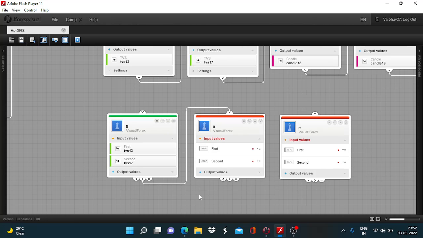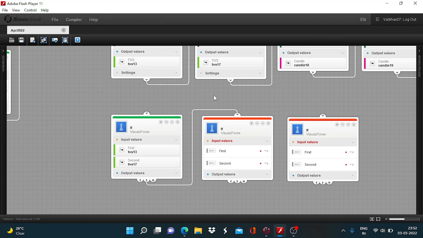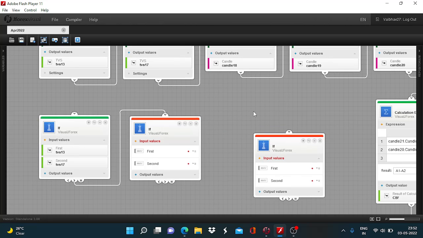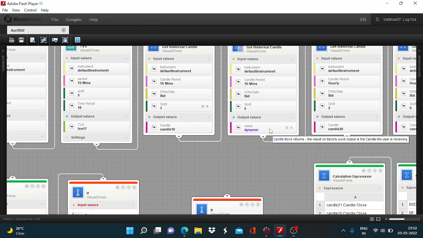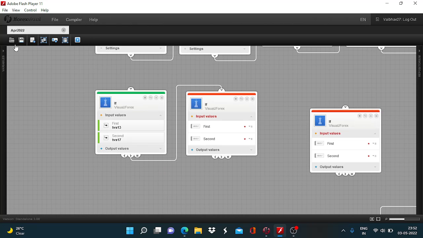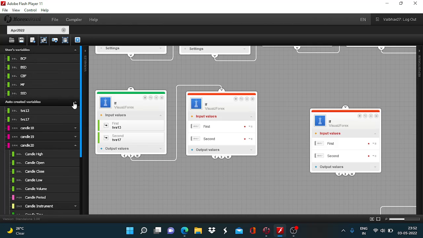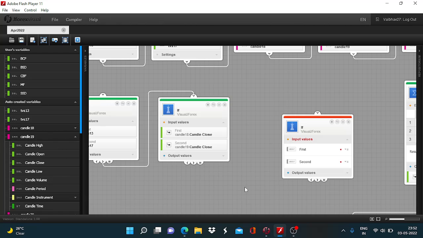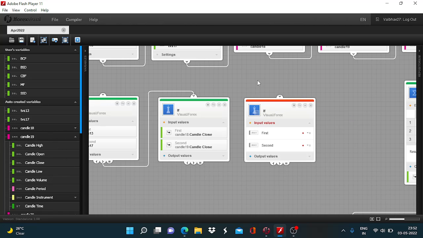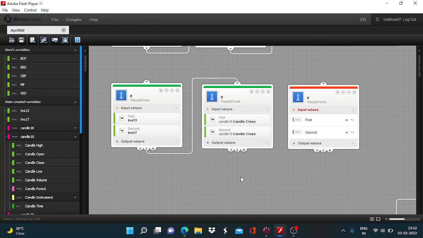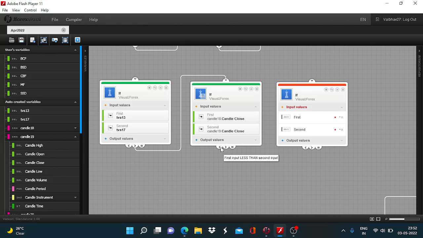First input greater than second input. Then we compare the price action data. We need the candle 18 candle close to be lower than the candle 19 candle close. So there is going to be first input less than second input,